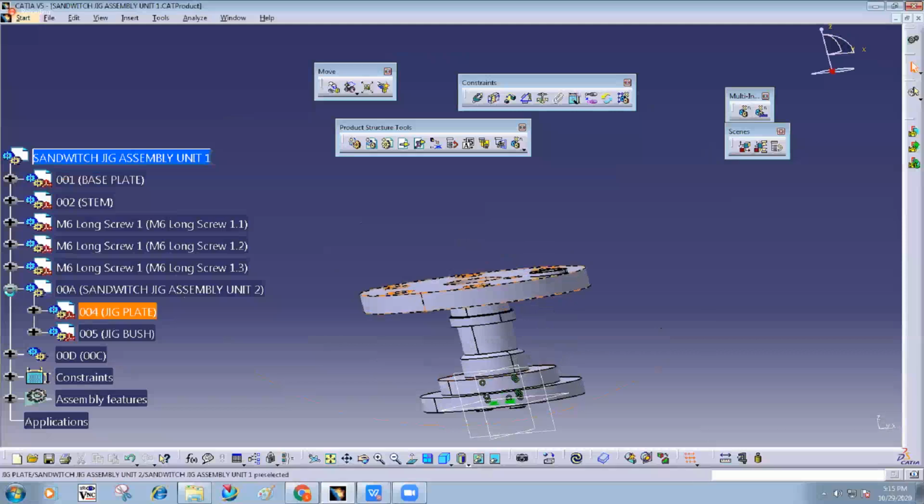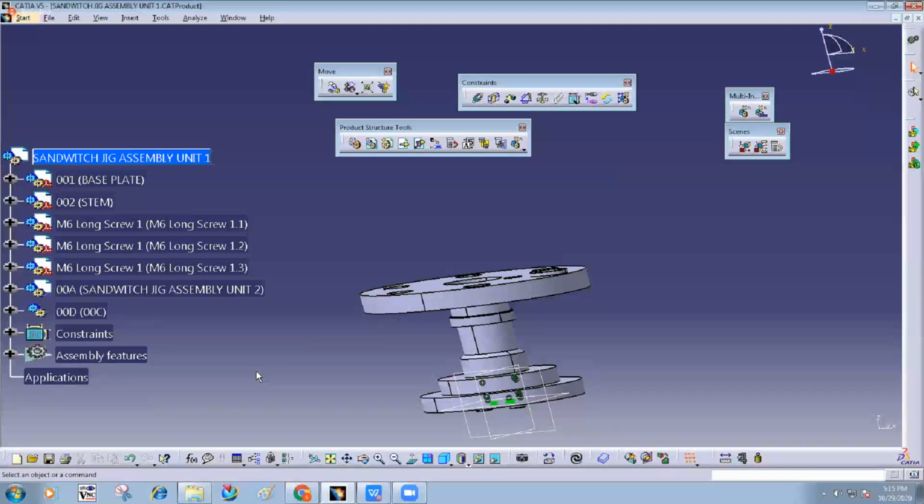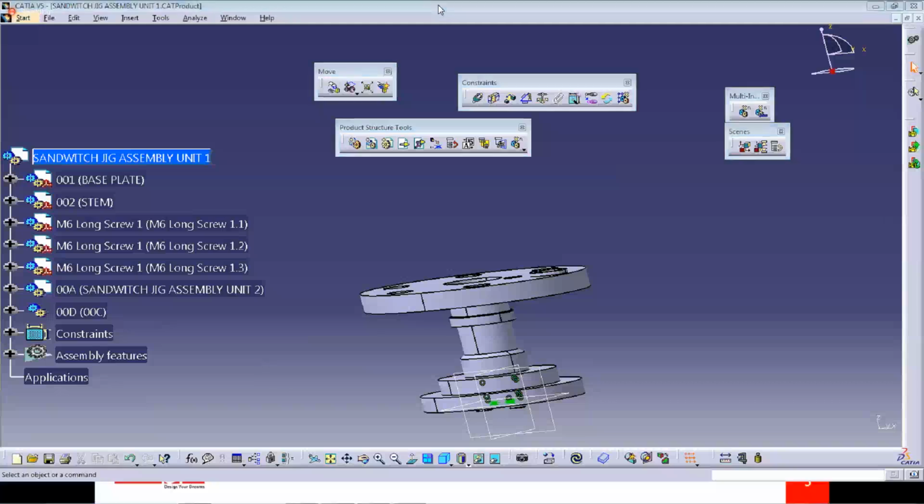Did you understand this approach? When to choose top down and when to choose bottom up. Can anyone tell? When to use top down assembly, when to use bottom up assembly. In top-down assemblies, the part design is totally new. That is, not standard parts, and we need a reference of previous parts. Then top down is better.